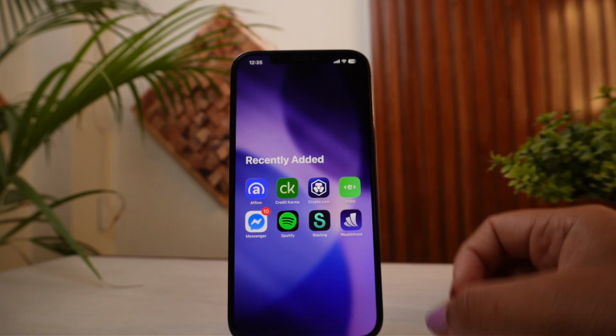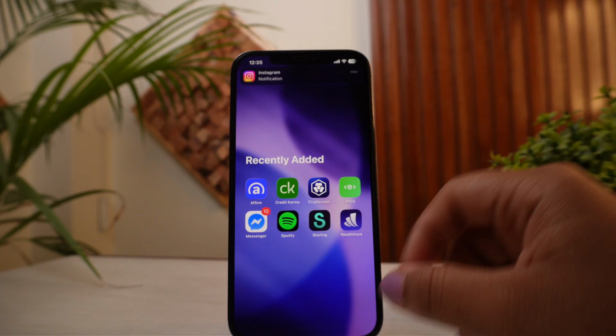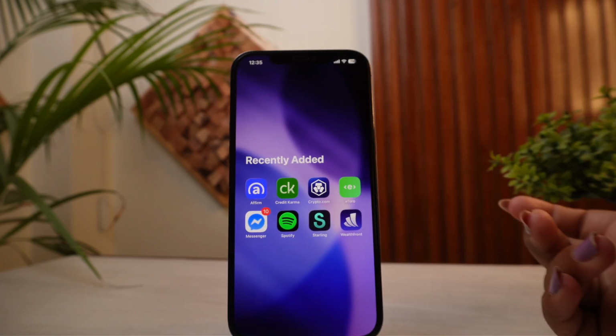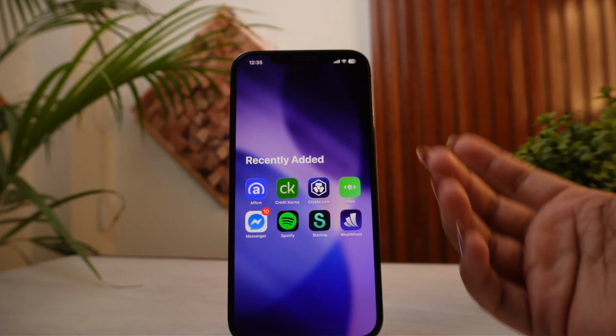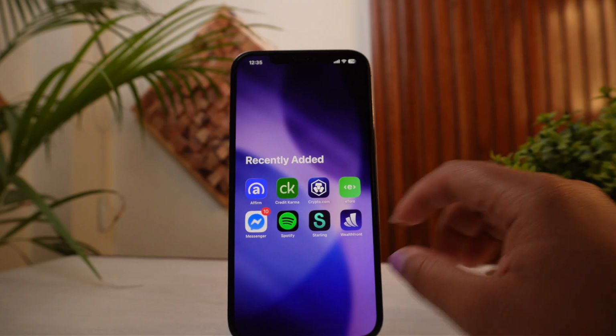How to log into your Affirm account on a new phone. So in here, the very first thing that you need to do is make sure that you have logged out of your Affirm account on your old phone, right? So after making sure of that, you can get your Affirm application on your new phone, and then you can simply